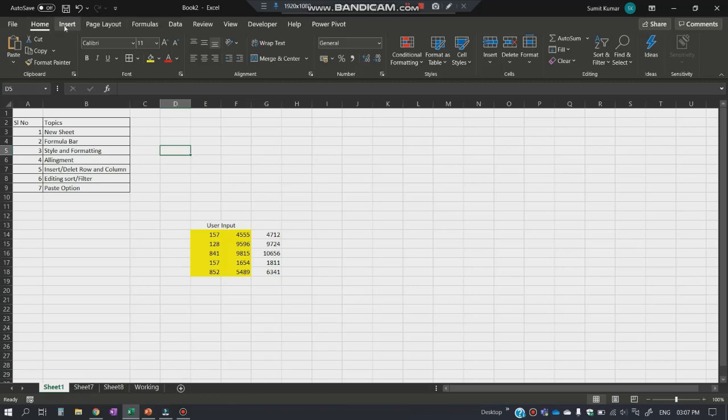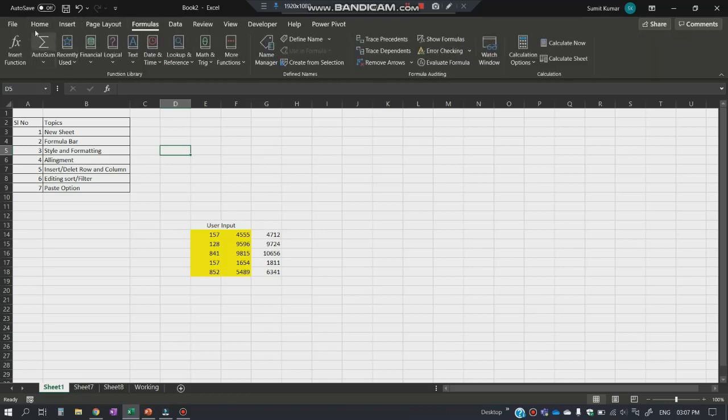So let's go to the formulas. There is a tab. Go to the formula. Here you can see there's a first option coming as insert function. The next one is a auto sum. This is some predefined functions is there. So you can see first one is sum, second is average, count number, maximum, minimum. So these are the very frequently and the very basic sort of functions which you can use in Excel.